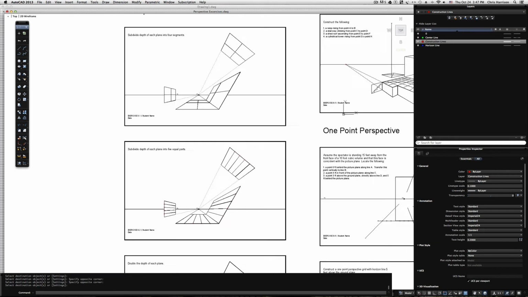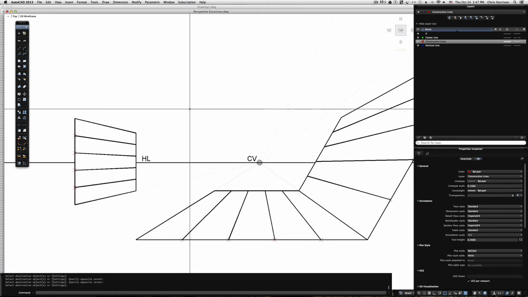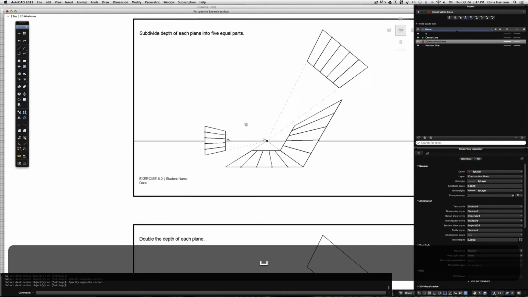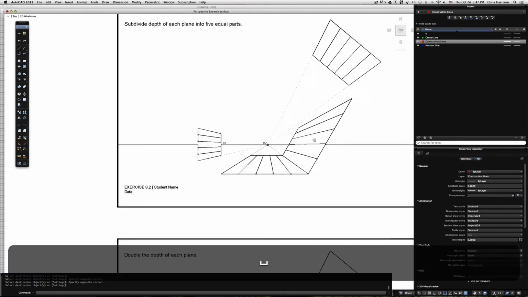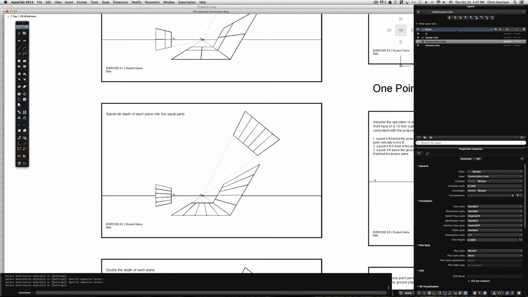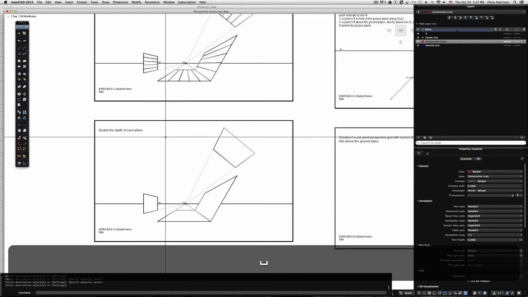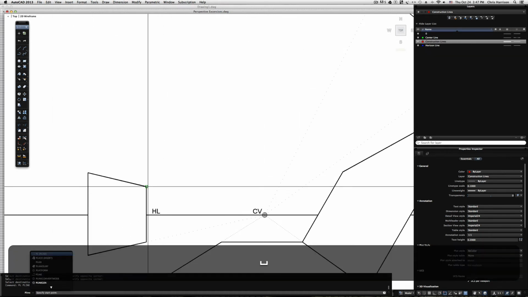There we go. Great. So now that completes exercise 8.2, and you can see there's 5 equal segments, 1, 2, 3, 4, 5, 1, 2, 3, 4, 5, and they all diminish in size as they converge towards the center of vision. Alright, so this last one, double the depth of each plane. So what we're going to do is just